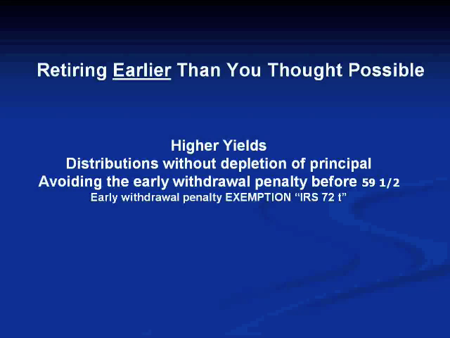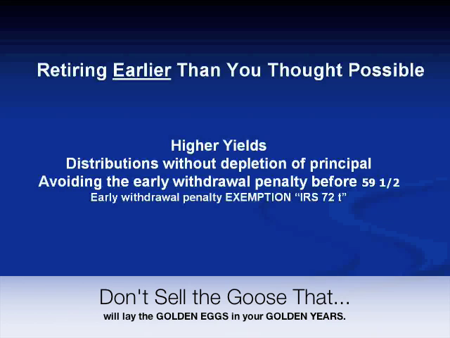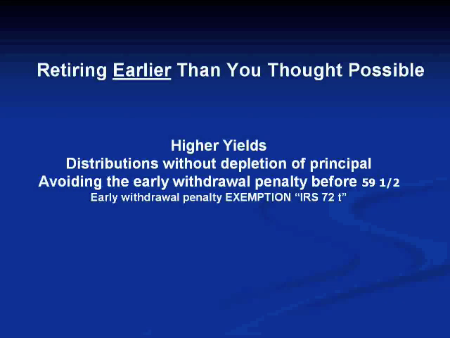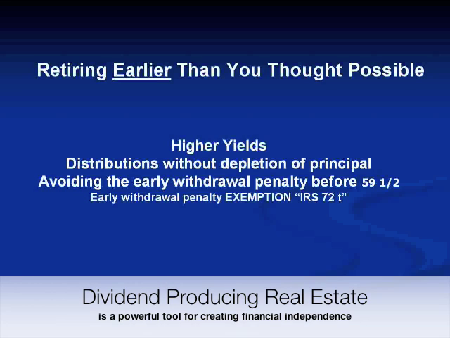Because let's say you were to go buy something like gold, or you were to go buy something like a stock, and you have that equity, and in order for that equity to make you a profit that you can spend, you have to sell the equity. So you sell the gold, or you sell the silver, or you sell the stock, and then you have cash, and you spend the cash, and that's it. When you're looking at cash flowing assets, you have an asset that produces a dividend for you on a regular basis. And dividend producing income property is the most powerful investment vehicle that I'm aware of.